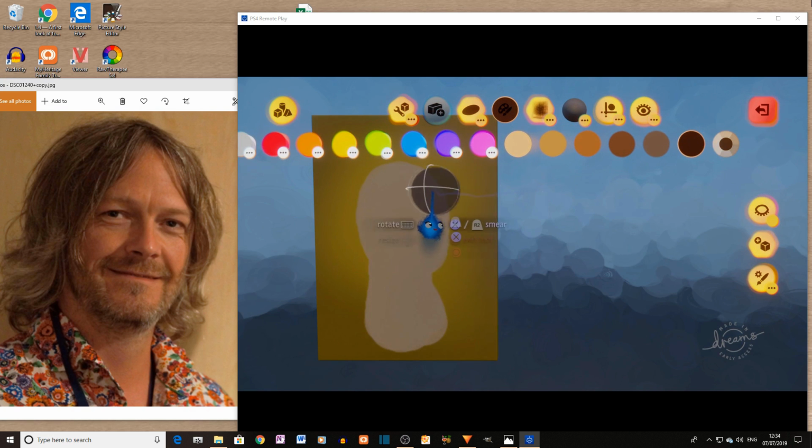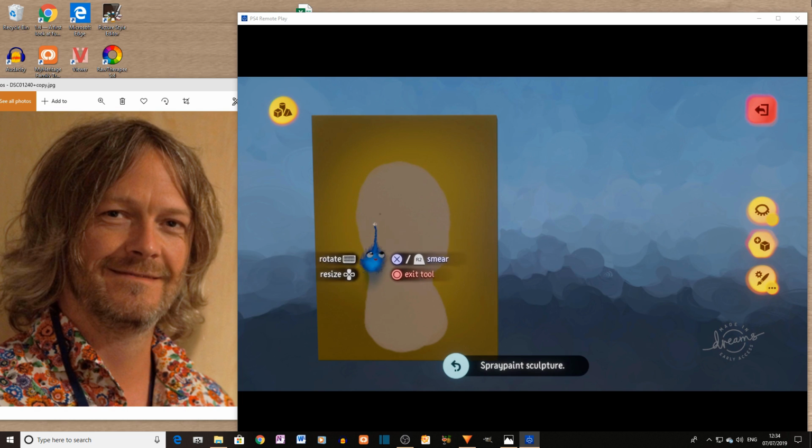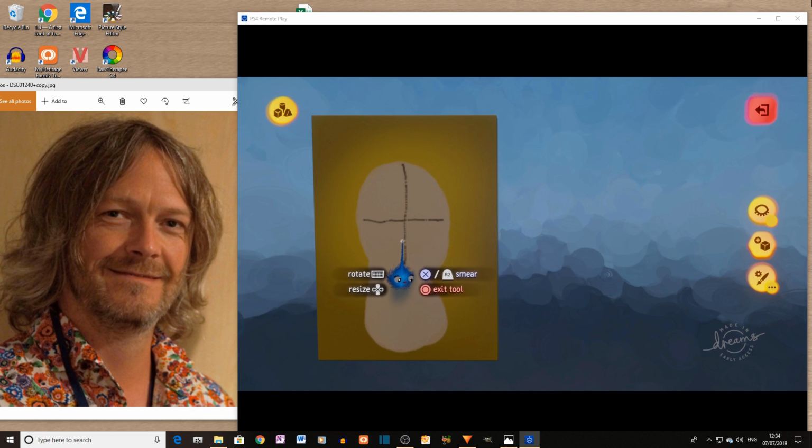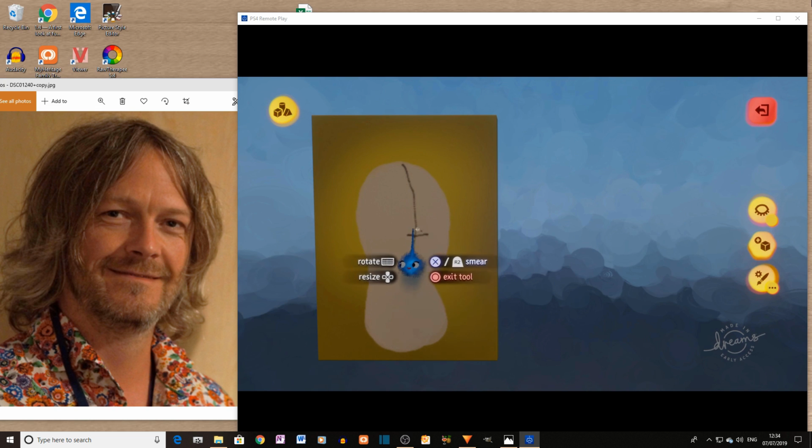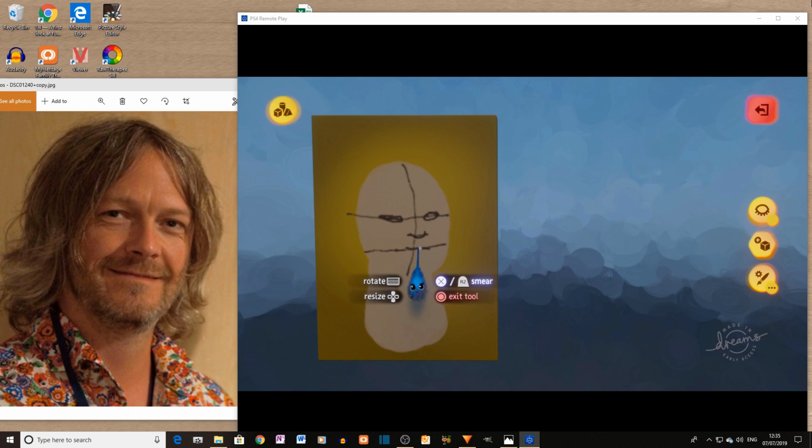And now we're going to take our brown brush. I'm going to get it nice and small. Okay, and we're just going to mark out, no pun intended, he's at slight angle, isn't he? So maybe that's better. Right, around about there. So we got one eye there, and we've got an eye here, and we've got a nose here, and the mouth,